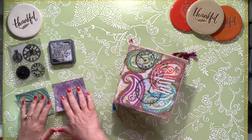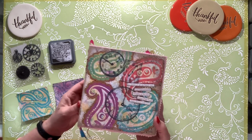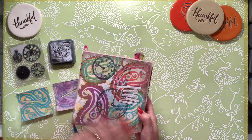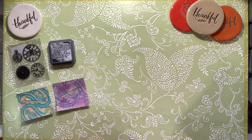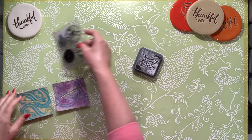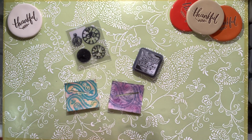Okay, so these are dry, and we're ready for the next step, which when I did the cover was the clocks. And I did do those in black, just so that they would show up well against all the colorful background. So set that to the side again. I've already got my black soot out. I used the other set of